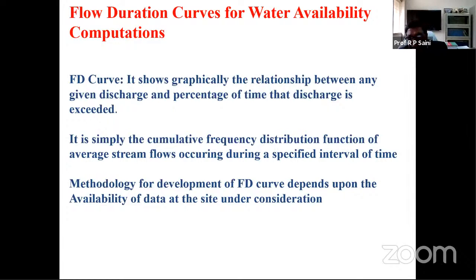But if it's in megawatts, and again, how many megawatts? If it's about 2 megawatts, 3 megawatts, 5 megawatts, then I'll tell you that at least 2 years of discharge data should be there. And if it is a large hydro, say in the megawatt figure, 50 megawatts, 100 megawatts, 1000 megawatts, then the capacity cannot be determined based on 2 years, 3 years. At least 5 to 10 years of discharge data should be there.